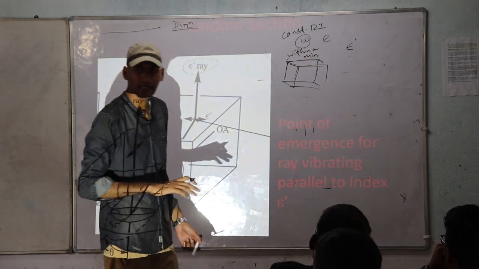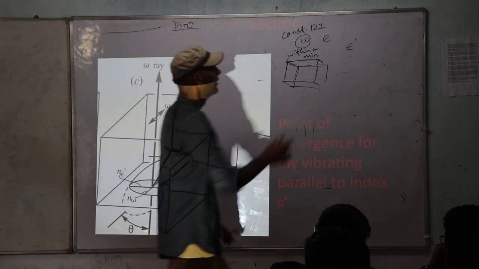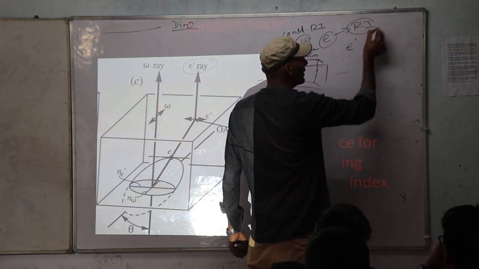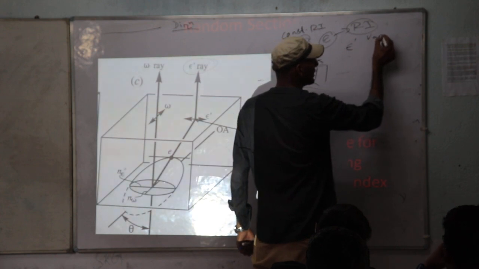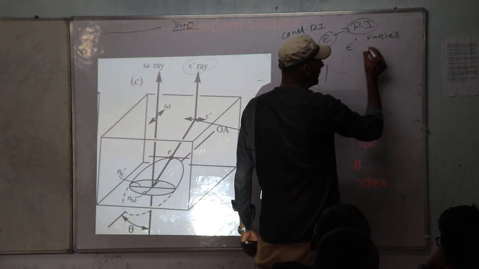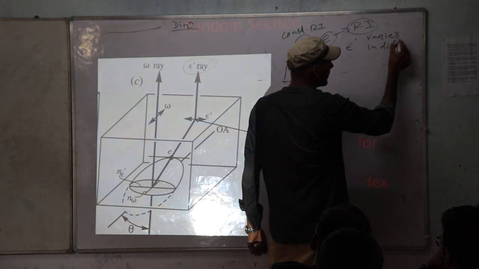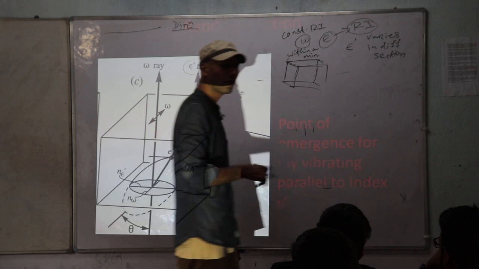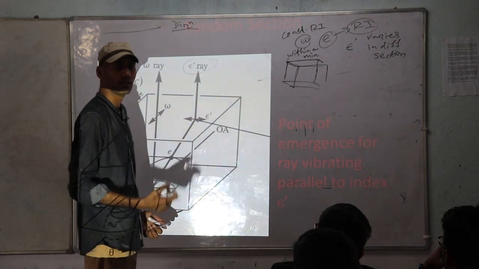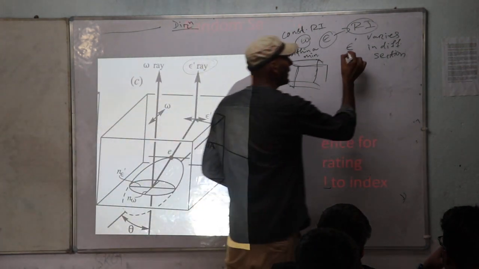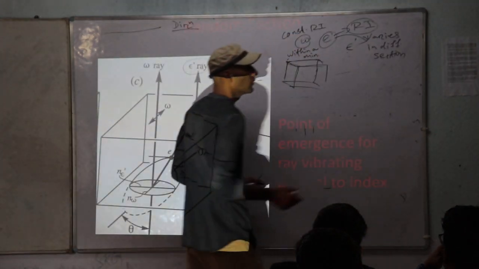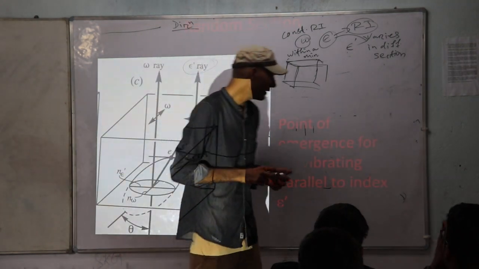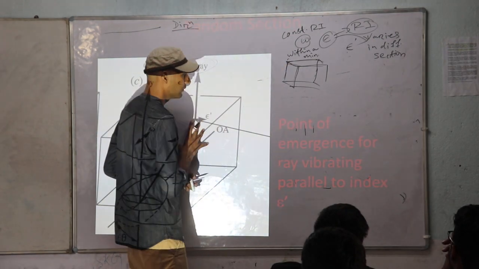Okay, the refractive index that remains constant for a mineral. For the extraordinary ray, that refractive index varies in different sections of the mineral. Talking about different sections of a mineral, that is principal or basal, that will vary. The E ray refractive index will vary. The epsilon will vary. The magnitude will vary. Right? That's why you are getting an elliptical section.